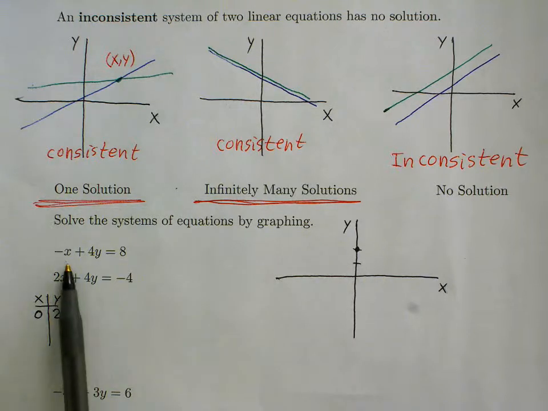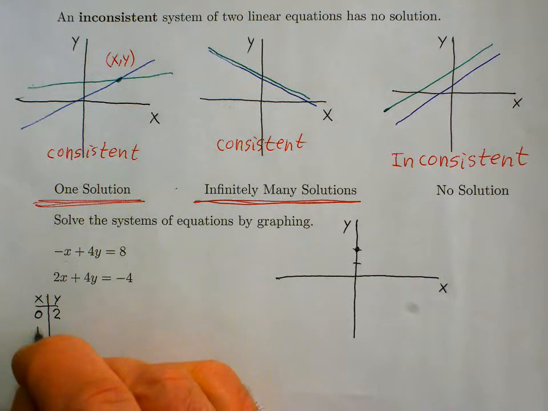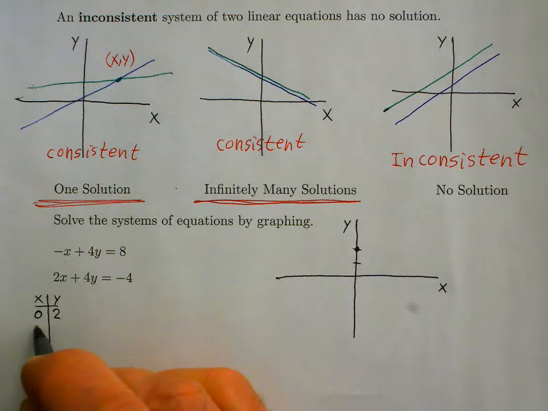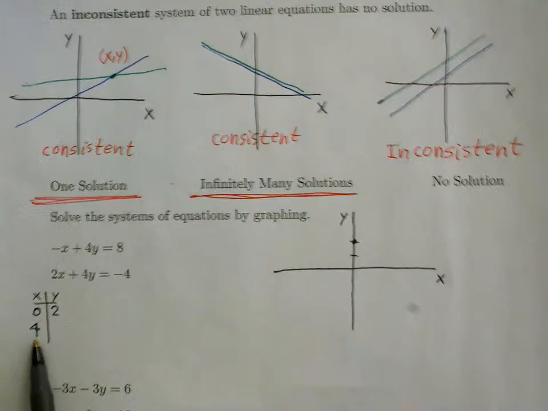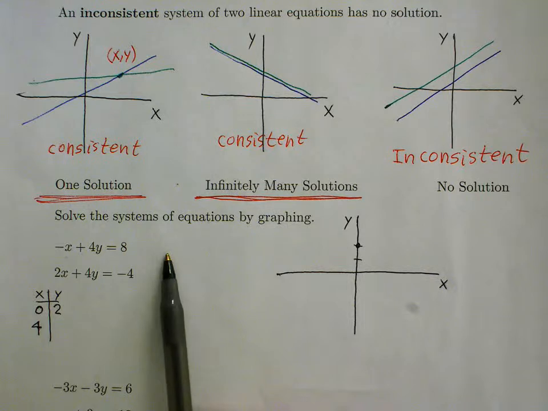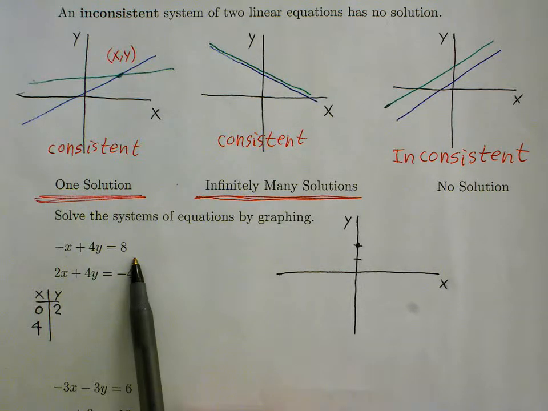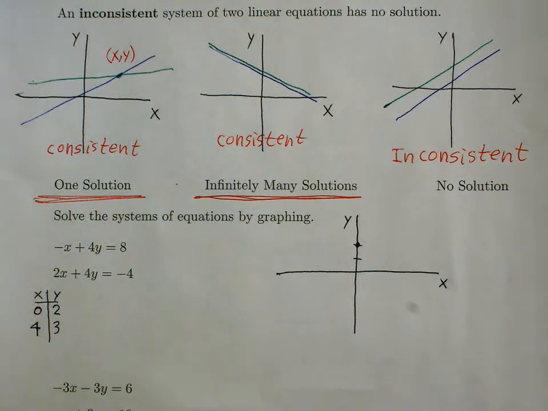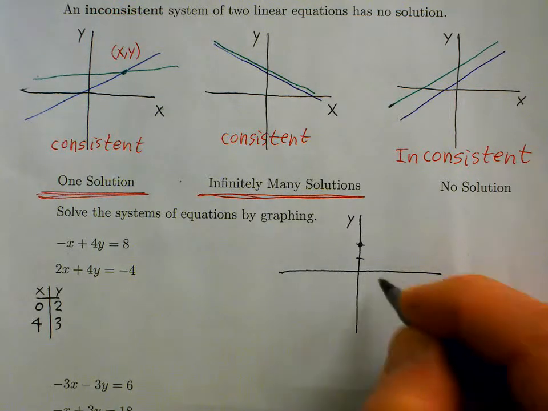So I'm going to pick x to be, well, let's see, if I pick x to be 1, no, sorry, what was I thinking? Oh, I could use 1, but I'm going to switch that to 4 so that the division works out nicely. So if x is 4, I get -4 plus 4y equals 8, then add 4 to both sides. 4y equals 12, and so y equals 3. So the other ordered pair is 4, 3,